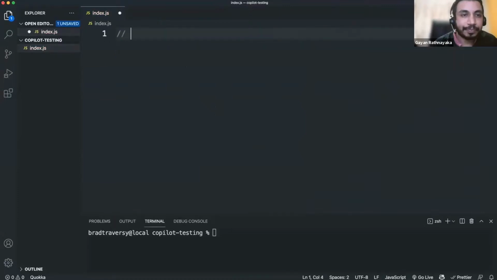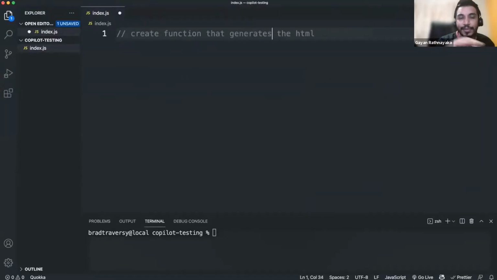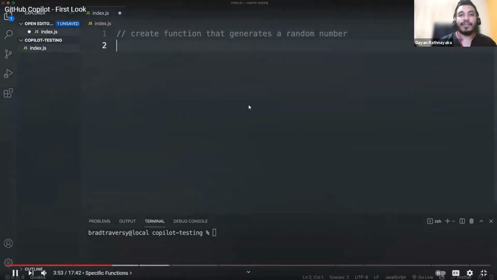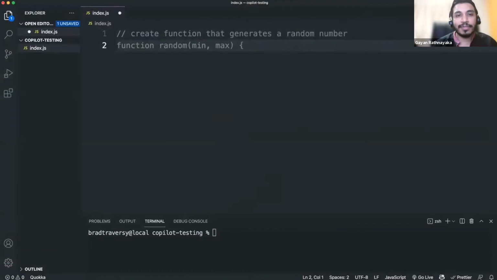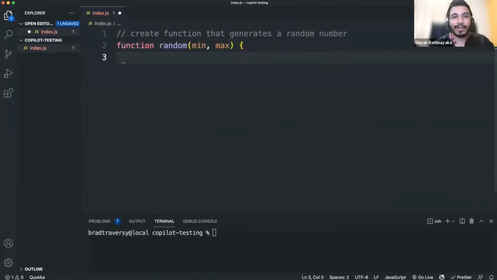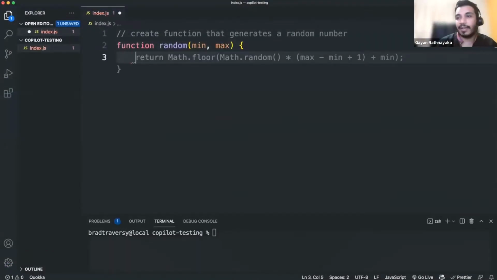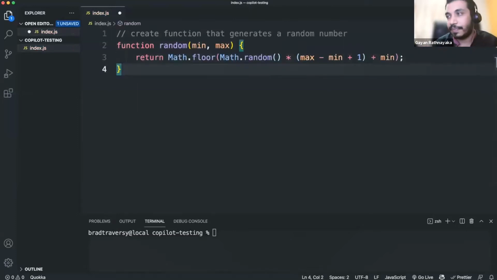Okay. Right now we'll see how it converts the code from the comment. So you are typing a comment, right? While you're typing the comment, it also gives you suggestions. Create a function that generates a random number. So this is your AI giving you suggestions. When you hit tab, it gives you the first line, right? You can either accept this or write on your own. When you keep hitting tab, it will go to the next line and write the function for you.